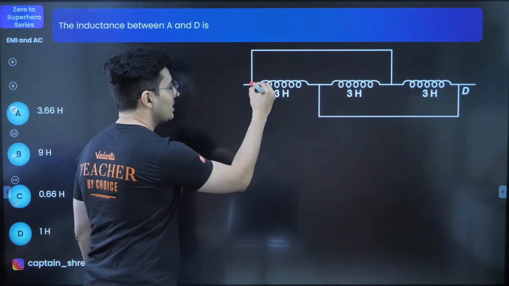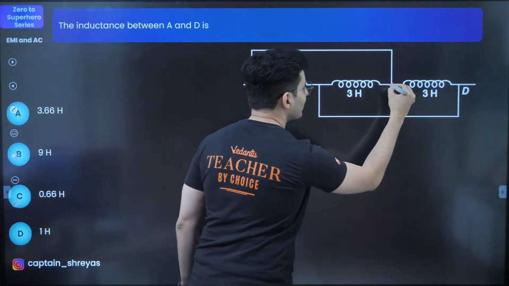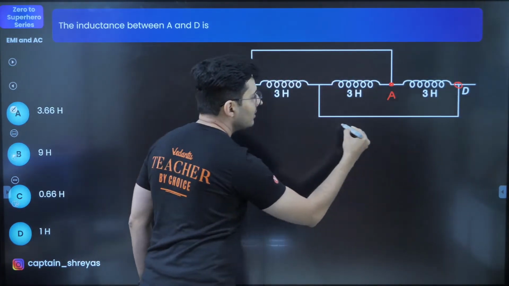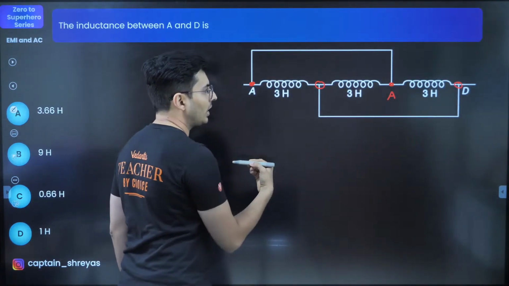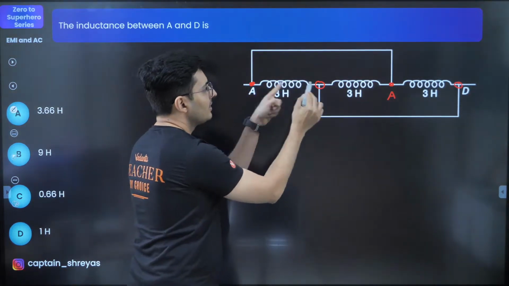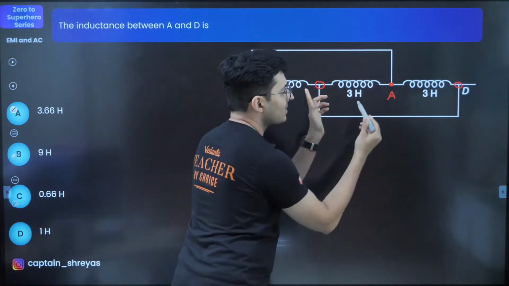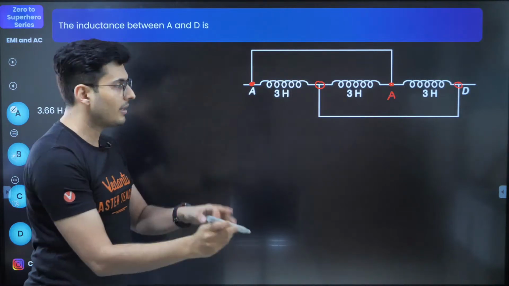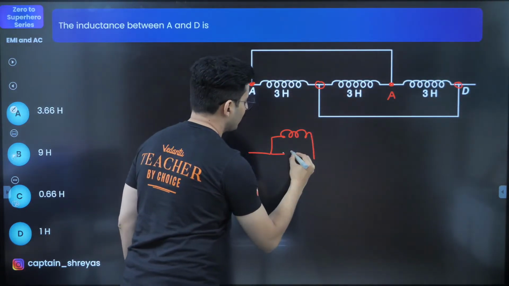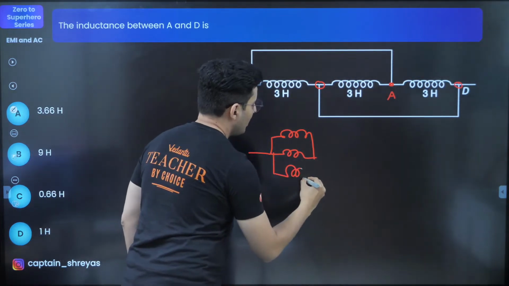If this has a potential A, this also has a potential A. If this has a potential D, this wire will make this point also have potential D. Take any inductor, each inductor has the same dot and circle, all are in parallel. So basically it's three inductors in parallel,